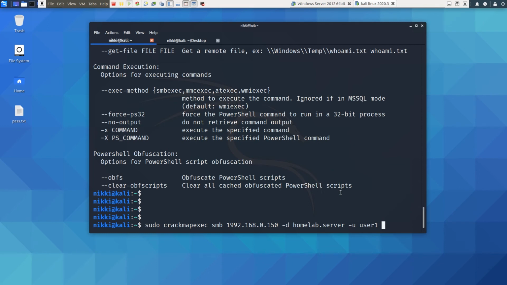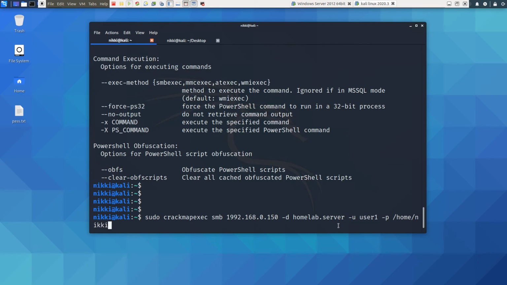If the administrator uses a weak password, and if you are lucky, you will get the password and you will own the entire network. But let's assume that we have found another user, user1, on the network, and we need to specify the password list, which is on my home, Nikki, Desktop, pass.txt.